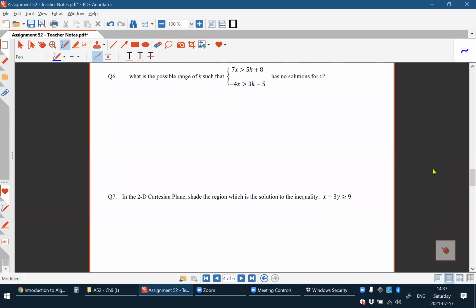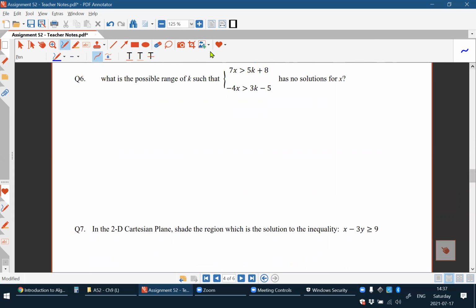Question 6, which is very similar to question 5, right? It asks you, what is a possible range of k such that this system of inequalities has no solutions for x? So first of all, let's try to solve the original inequality. Let's say this is star. So system star is equivalent to, first x should be greater than, after dividing both sides by 7, x should be greater than 5k plus 8 over 7, right? Note 7 is positive, so when you divide both sides by 7, we don't change the direction of the inequality